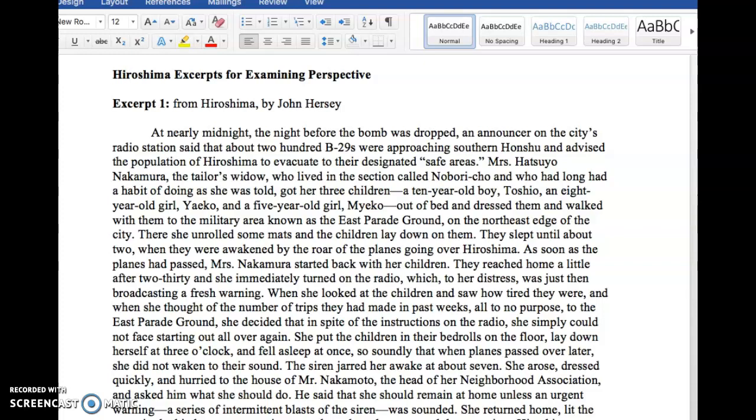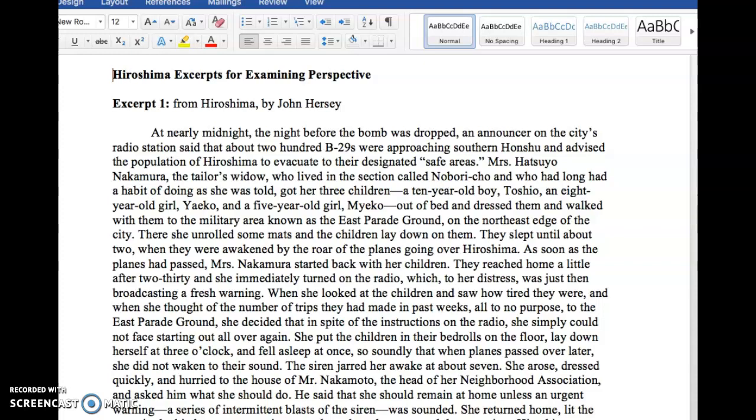Mrs. Hatsuyo Nakamura, the tailor's widow, who lived in the section called Nobori-cho and who had long had a habit of doing as she was told, got her three children, a 10-year-old boy, Toshio, an 8-year-old girl, Yeiko, and a 5-year-old girl, Maiko, out of bed and dressed them and walked with them to the military area known as the East Parade Ground on the northeast edge of the city. There she unrolled some mats and the children lay down on them. They slept until about 2 when they were awakened by the roar of the planes going over Hiroshima.